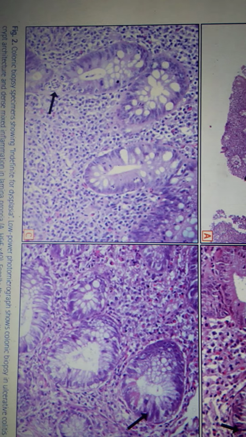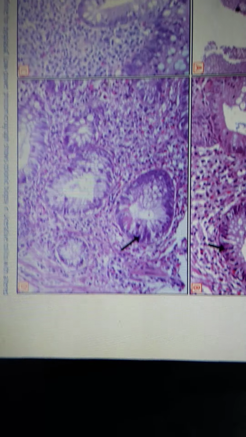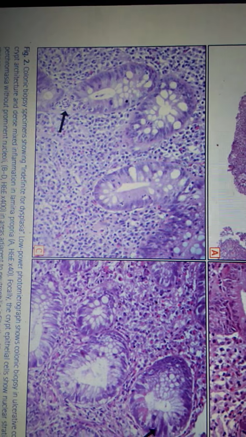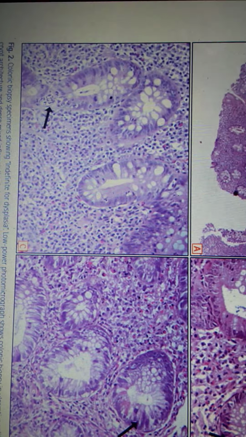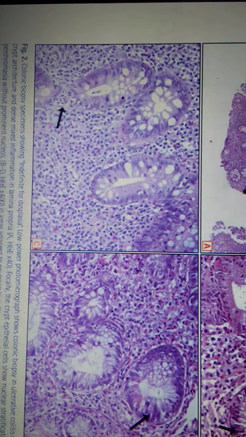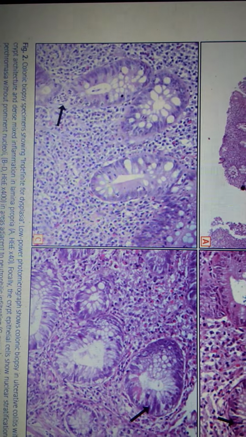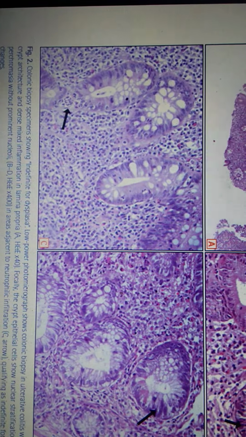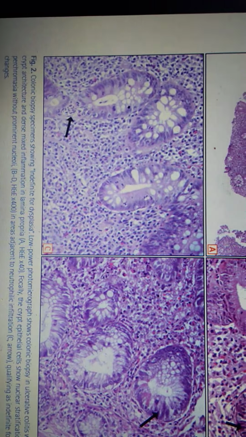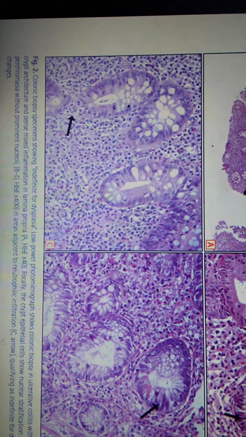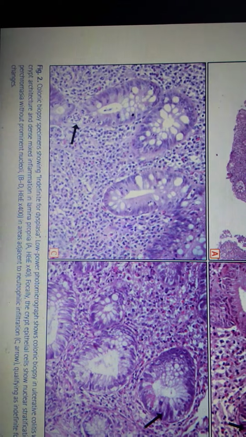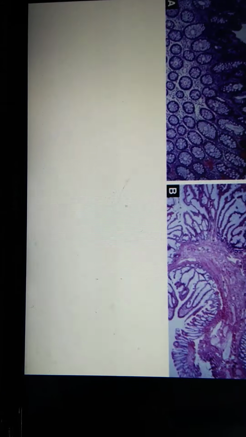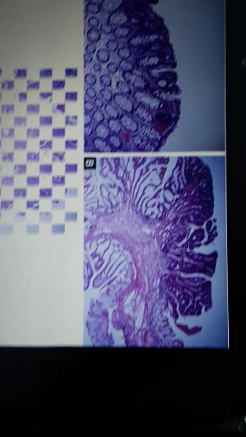In such an instance where the dysplastic feature is very patchy and it is present in a background of an extremely inflamed mucosa, that is a lot of activity, erosion, ulceration, cryptitis, cryptapsis, it is better to downgrade and call it indefinite for dysplasia rather than calling it a low grade dysplasia. That's the practical rule that we follow, but still there is a lot of inter-observer disagreement when it comes to these two categories. So this is your sporadic adenomas.